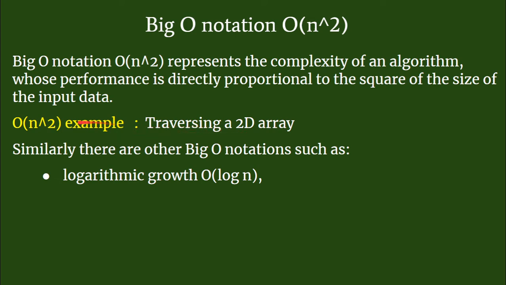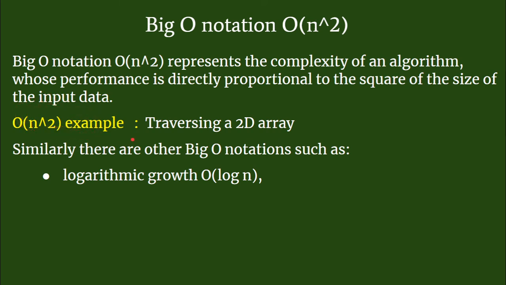It has to traverse or visit all the 100 elements, 10 into 10. So here 1 of 1, 1 of 2, etc. up to 1 of 10. That is the first row. Then 2 of 1 to 2 of 10. Then 3 of 1 to 3 of 10. Similarly, 10 of 1 to 10 of 10. So traversing all the elements of the array will have 100 as the time complexity, which is n square,